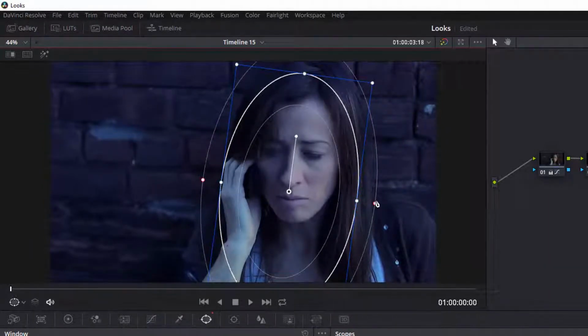We create a very soft power window to select the face and partly also the hair with the falloff.